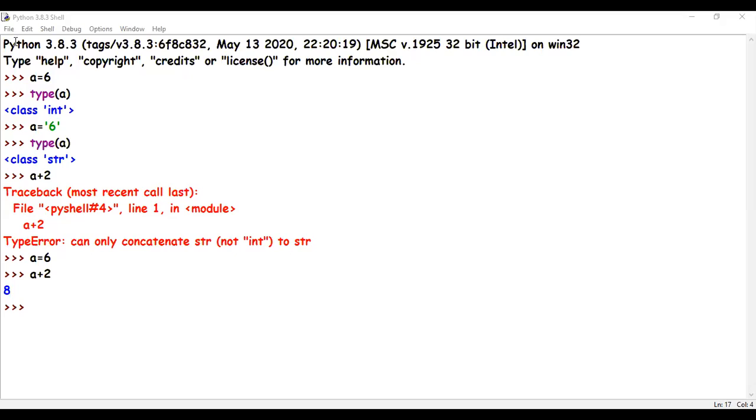For this, first I need to ask the user what is your age. So what I will do, I'm going to say age, this is the name of my variable. You can write anything. Equal to is my assignment operator. And I'm going to say input, the name of my function, open bracket, close bracket.